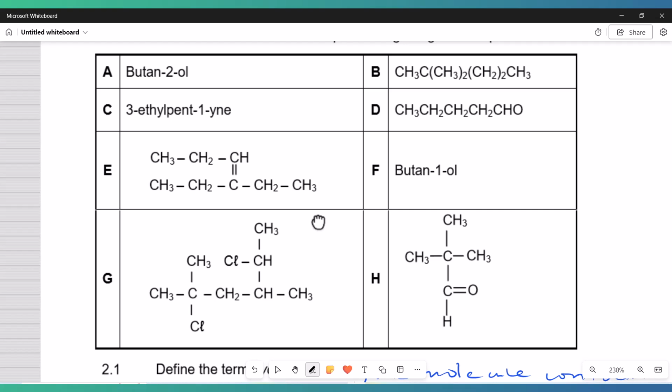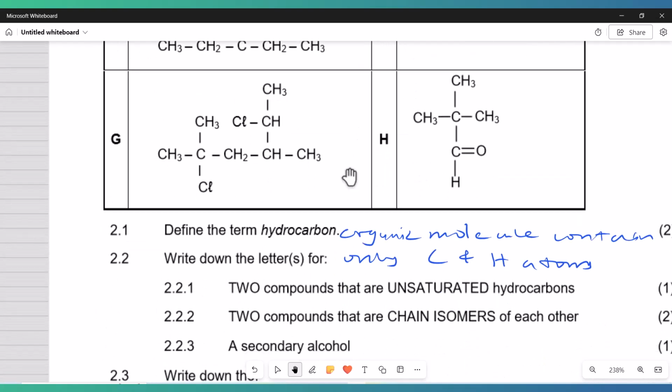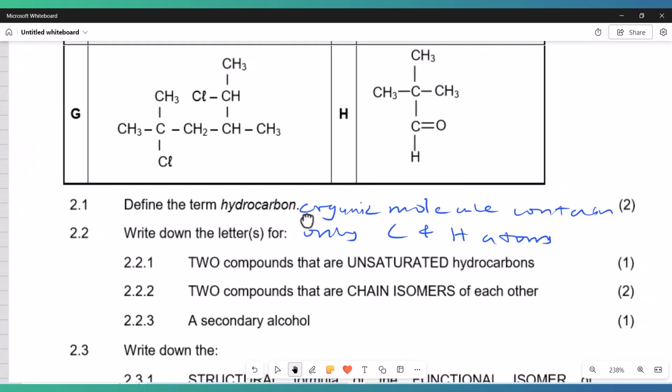Now we can talk about this H, because this double bond is between the oxygen and the carbon, but we talked about hydrocarbon, so it must be C and E. That's our answer there. It must be C and E. Okay, and then next here,